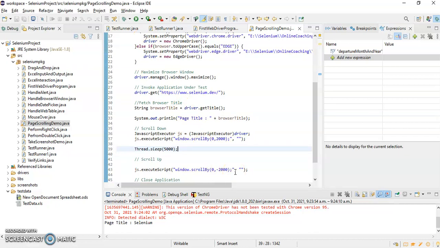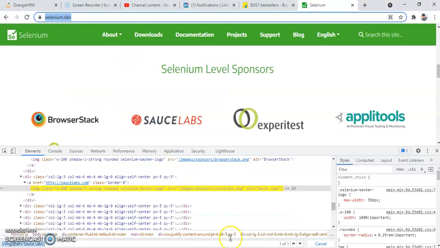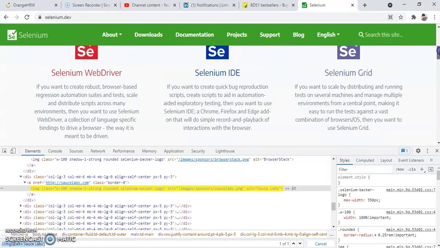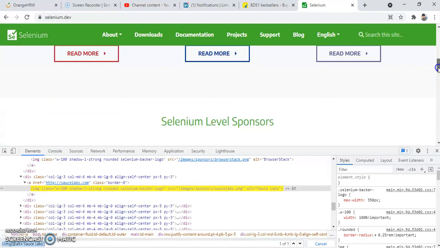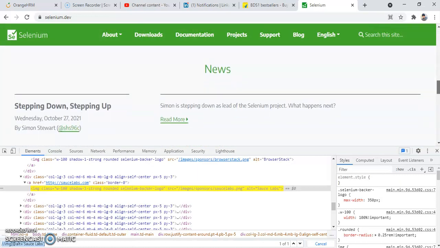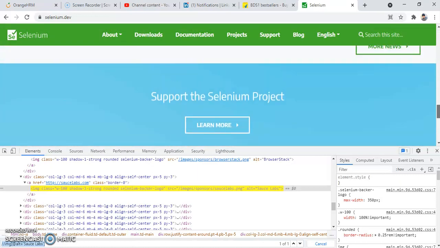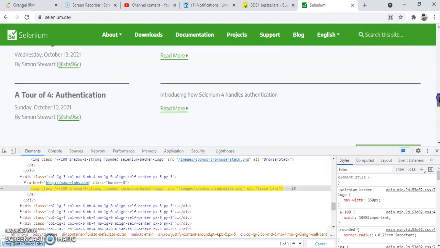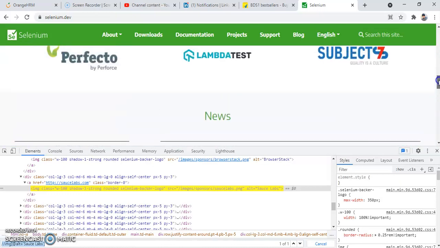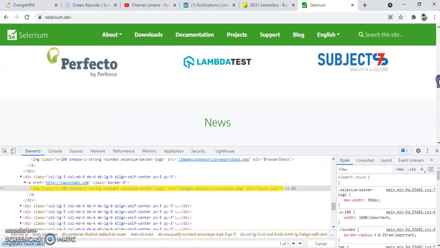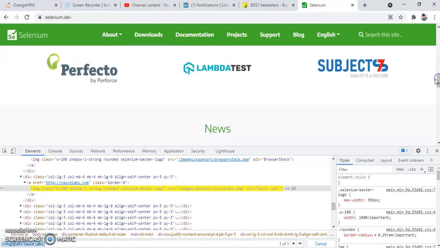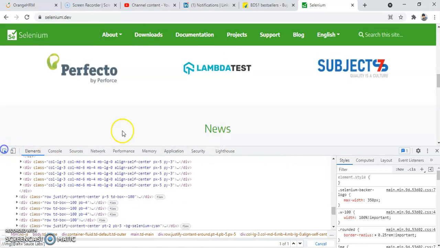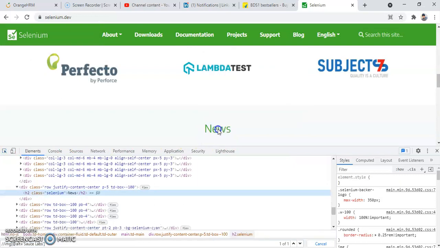Now, what if I want to scroll my page until a particular web element becomes visible? To do that, say for example, I want to scroll my page until this particular text becomes visible.